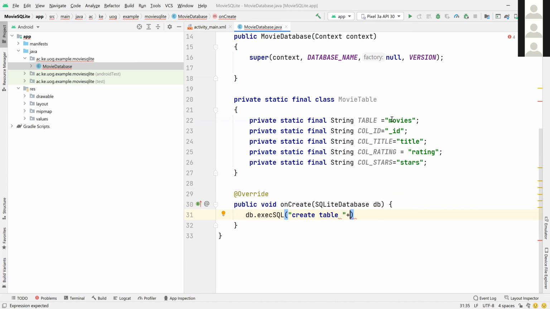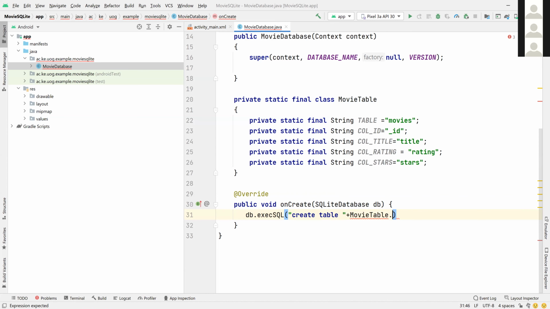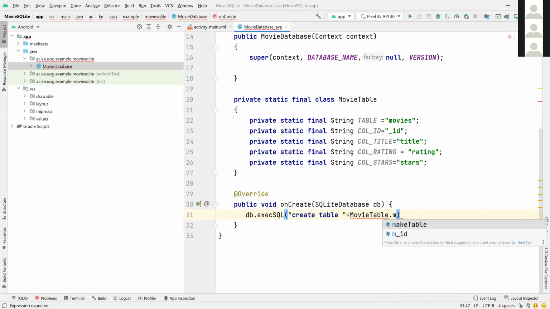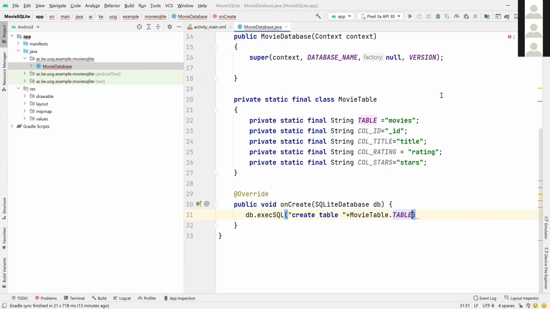So go to the movie table and get the table name, that is what we want to retrieve. So CREATE TABLE, called movies, that's what we want, plus